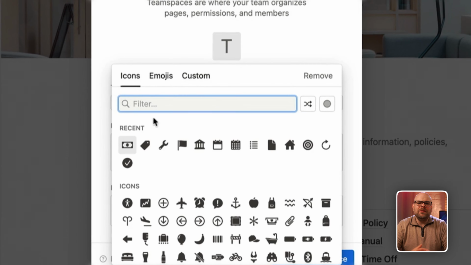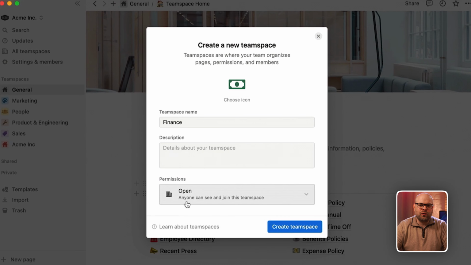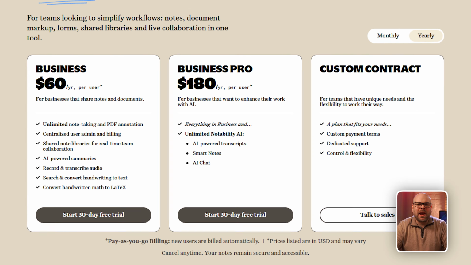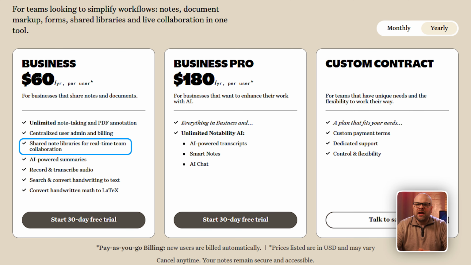their attention. As your team grows, Notion gives you advanced tools like user provisioning and audit logs to keep things secure. Notability was traditionally a personal tool, but the launch of Notability for Business changed that. Business plans now allow for shared note libraries, which lets a team collaborate on documents and mark up PDFs together